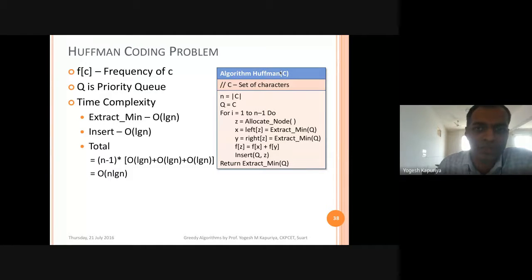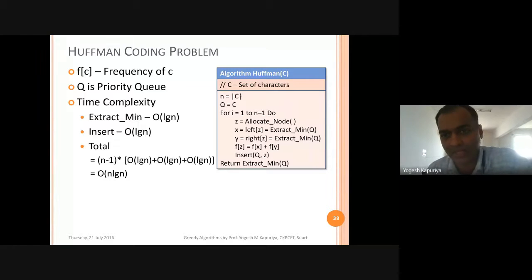Here we are not actually calculating the frequency of every character. We assume that we already have a set available. A set means an array or list of characters available with the frequency of each character. That is what we understand. Now the first step is obviously to find out the length of the set, because ultimately you have to traverse through each and every character. So you require this length: n is equal to mod C. Mod C is a shortcut for finding the length of the set.